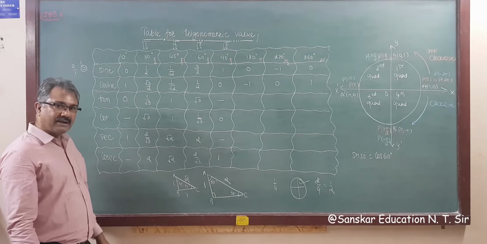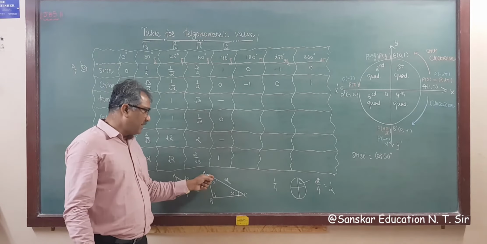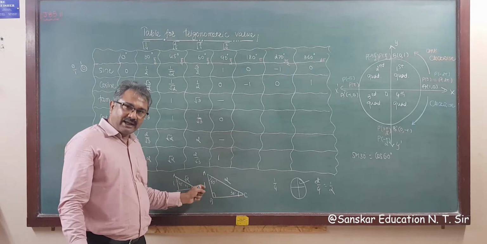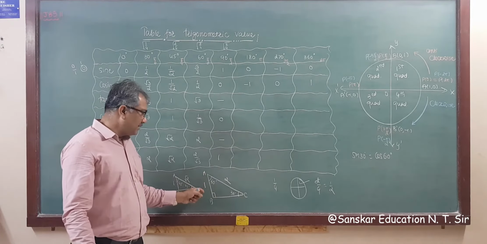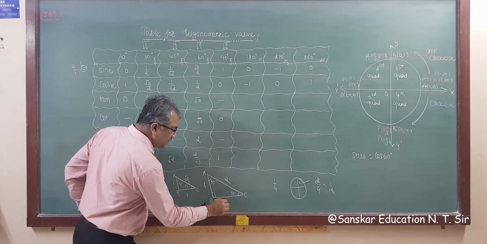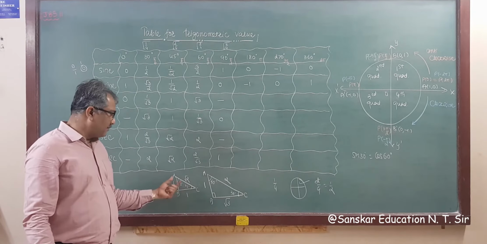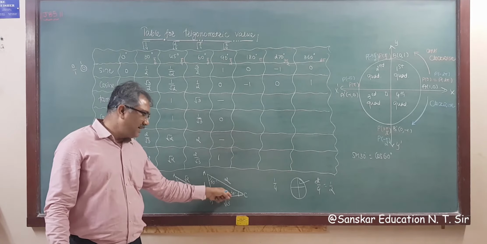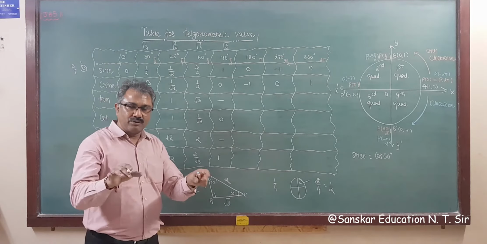That is what you learned in 9th, in 8th: in a right angle triangle, the side opposite to the 30 degree angle is half of the hypotenuse. So hypotenuse is 2, then this is 1, and applying Pythagorean theorem, 4 minus 1, that is 3, right? So this is root 3. So you can construct a right angle triangle, one for 45 degree and one for 30 and 60 degree, right? If you put 60 degree here, then 30 degrees here, then this is 1 and this is root 3, that you know. So no need to rote learn, right?